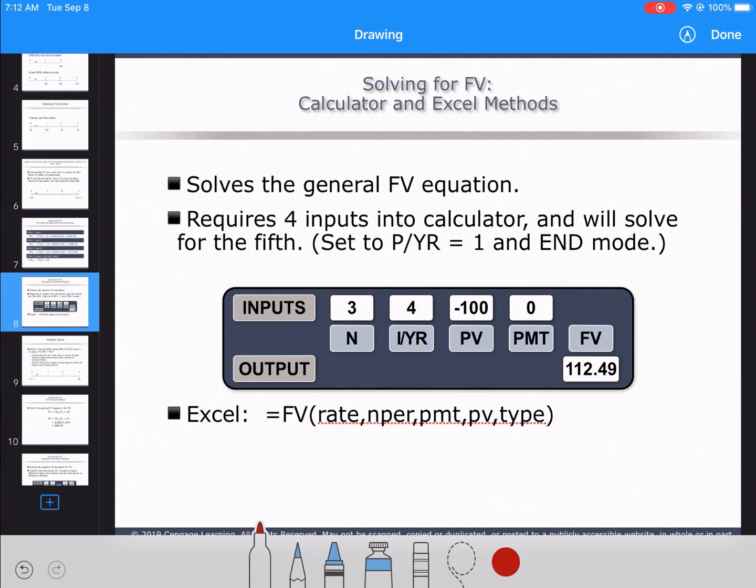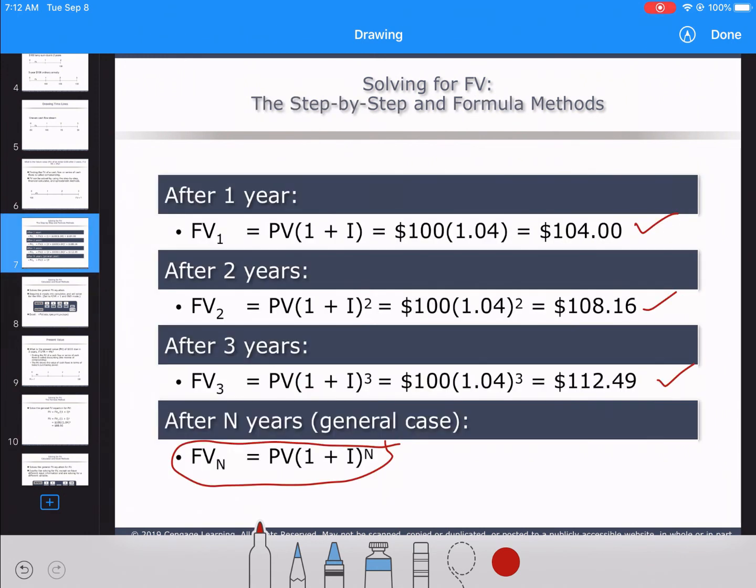So it is always good: there are 5 variables, N, I, PV, payment, FV, and you have to fill in everything. If there is nothing, then call it 0, and then compute future value. And once you do that, you get 112.49,